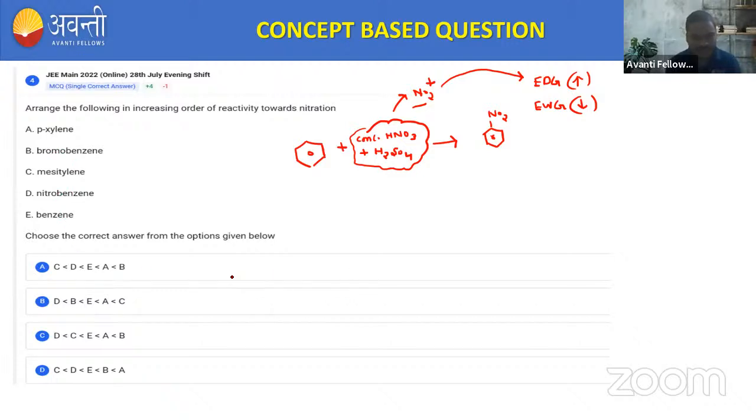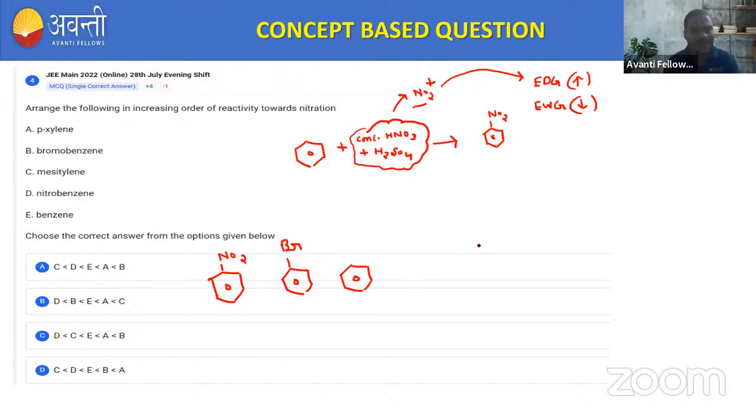So let me draw the structure of all of these. First of all, let me draw the structure of nitrobenzene. So this is nitrobenzene, that is NO2. Then I will have to draw the structure of bromobenzene. So here we have bromobenzene. Then we need to draw the structure of benzene. Here comes our benzene. Then after benzene, we have